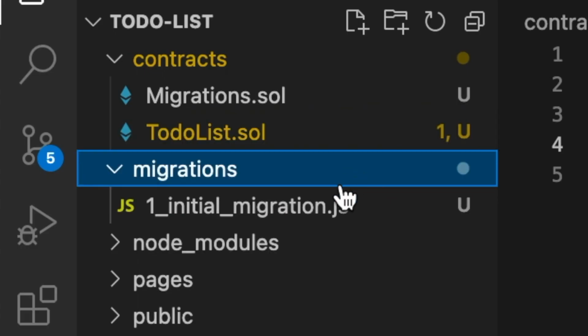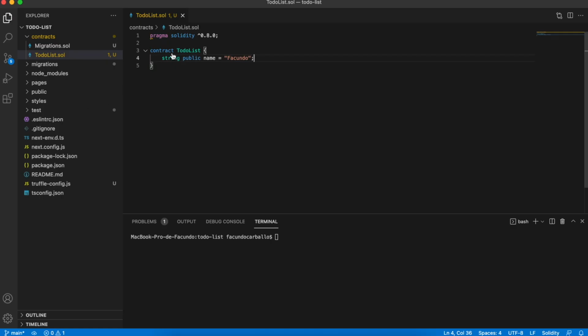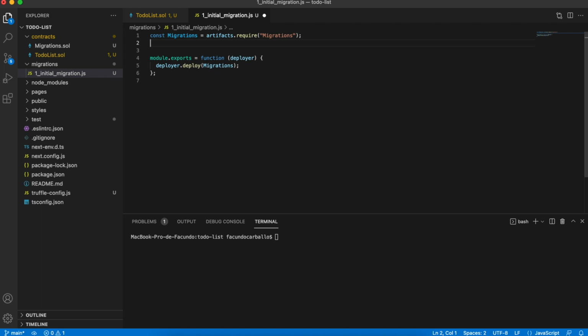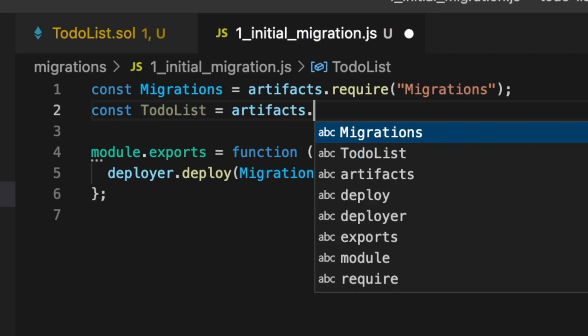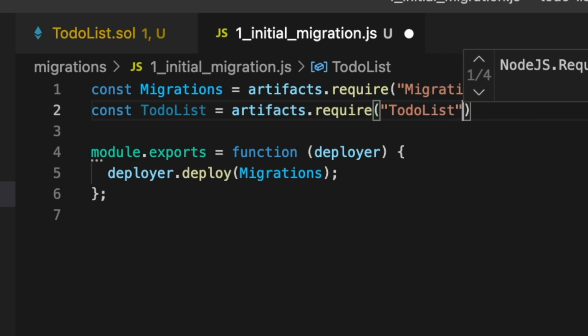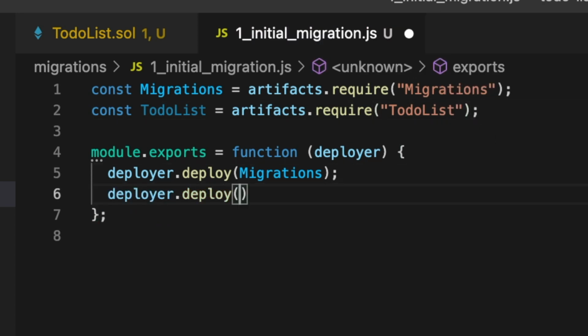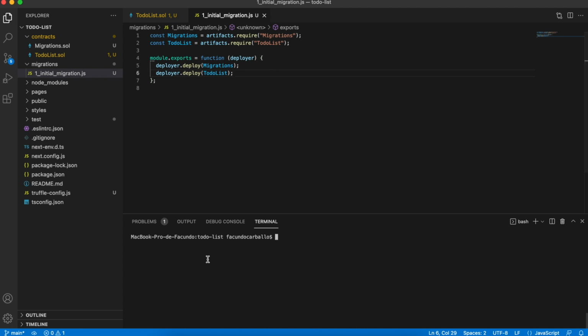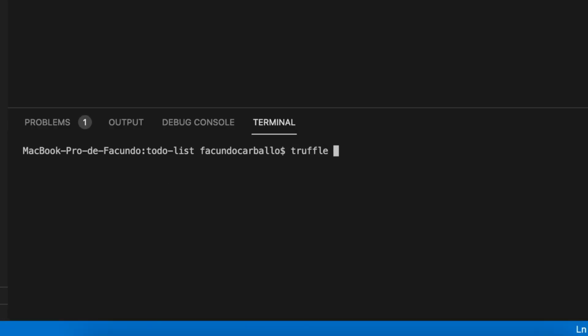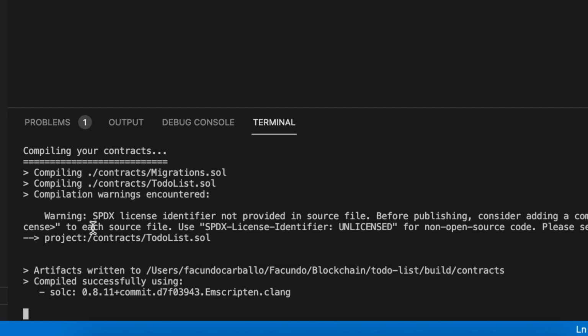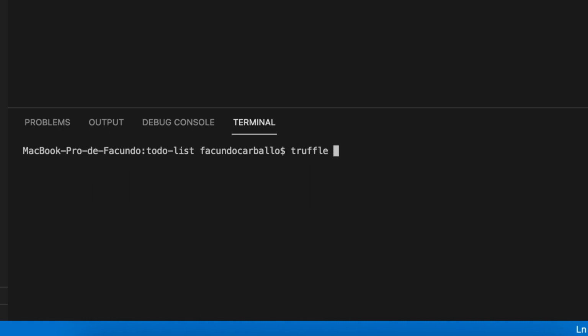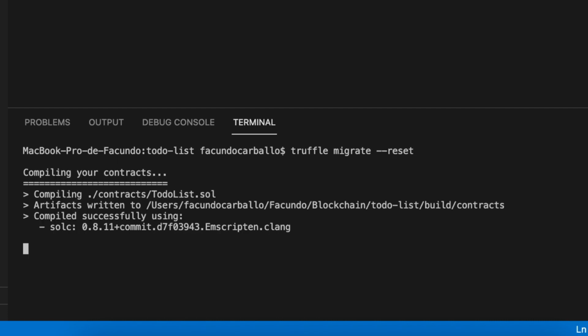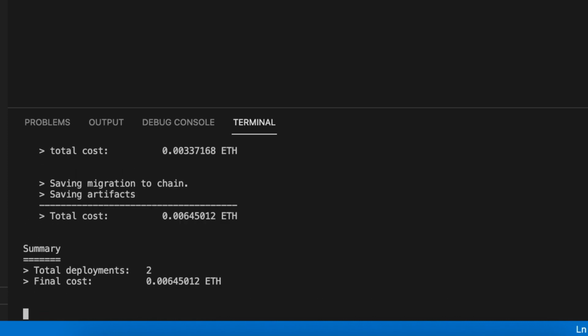Once we have our smart contract created, we open the migrations folder and we open the only file inside of this folder. In this file, we will have to add all the smart contracts that we want to use, all called and executed in the same way. With the migrations file done, we can compile our smart contract using the command truffle compile. After that, we execute another command, truffle migrate --reset,